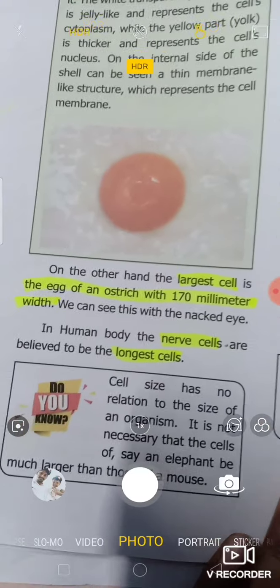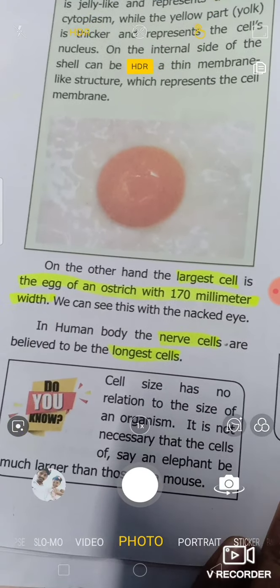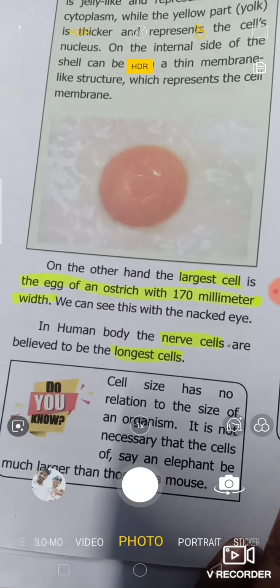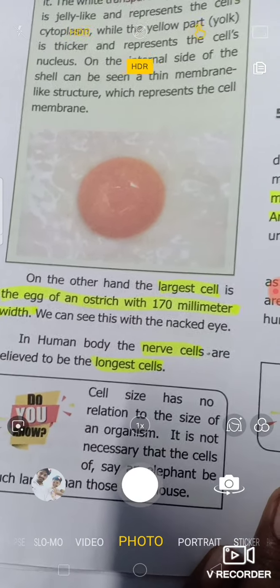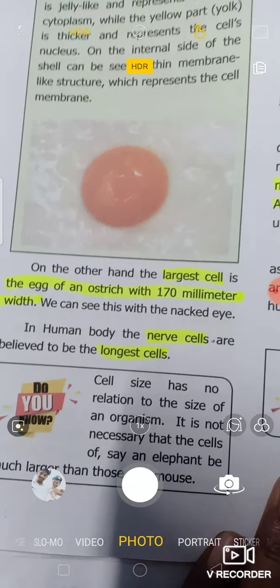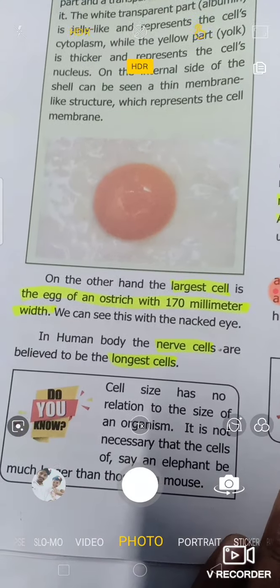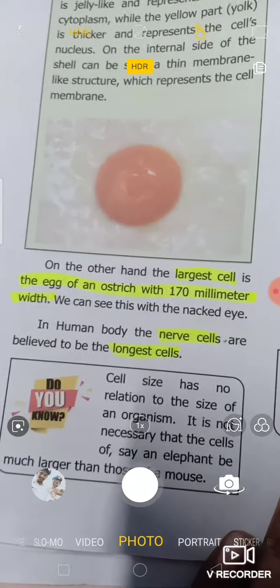On the other hand, the largest cell is the egg of the ostrich, with 170 millimeter, that is 17 centimeter, width. We can see this with the naked eye. In the human body, the nerve cells are believed to be the longest cells. What will be the shape of the cell? The shape of the cell